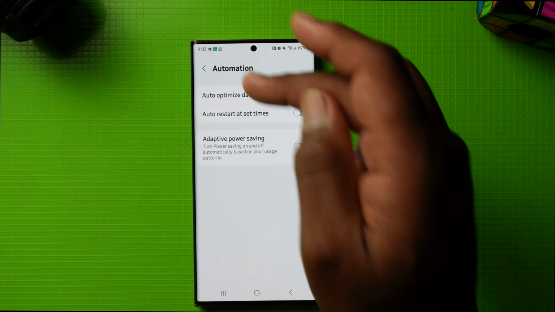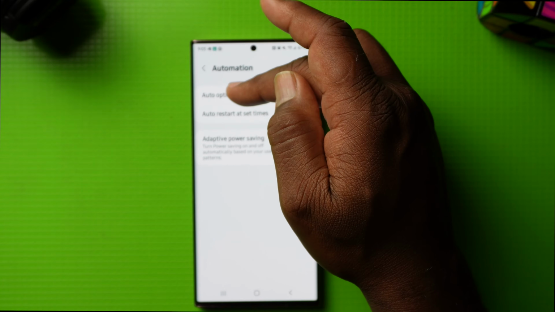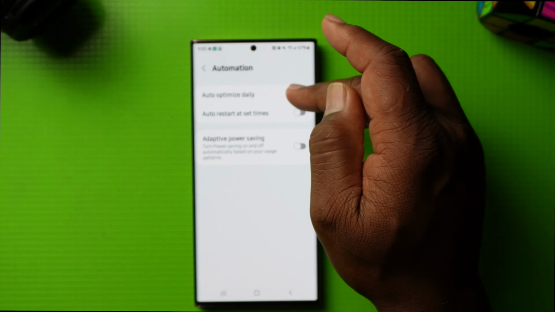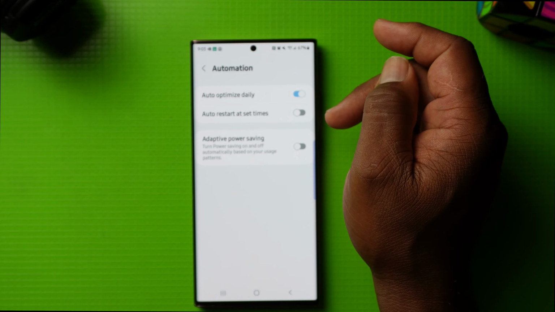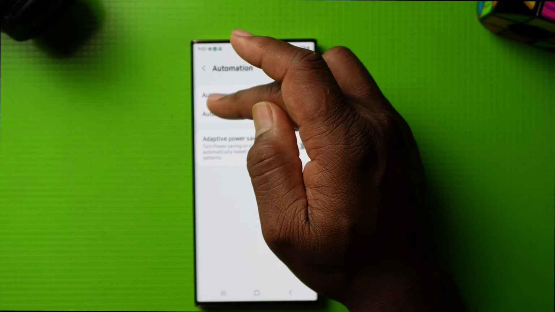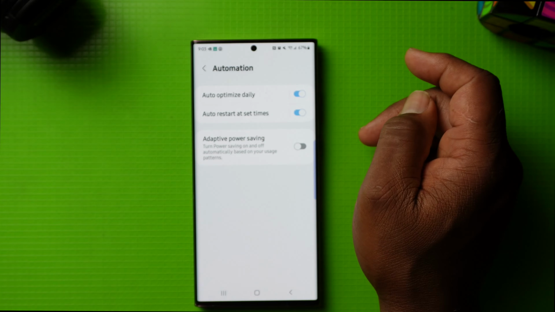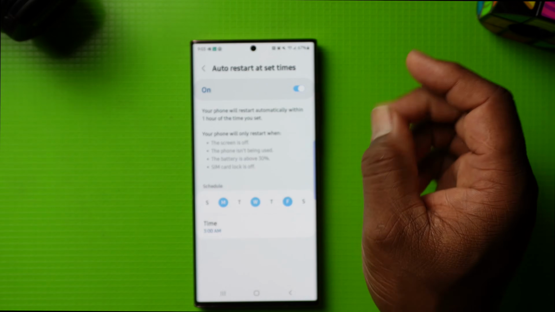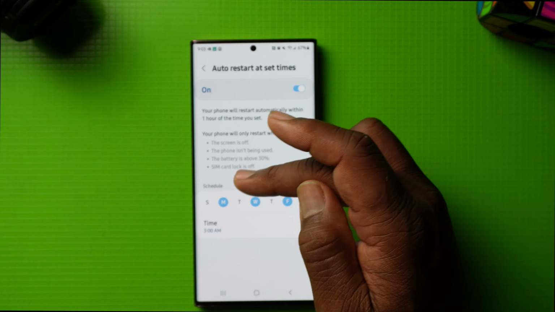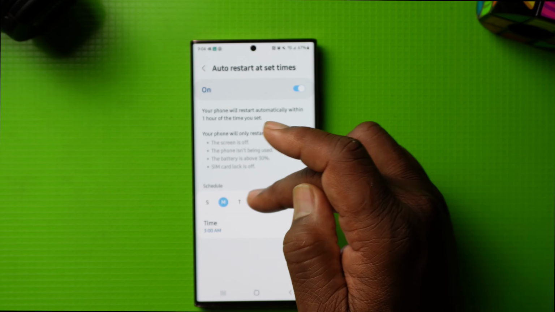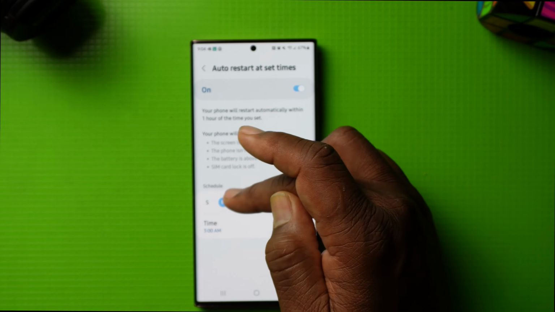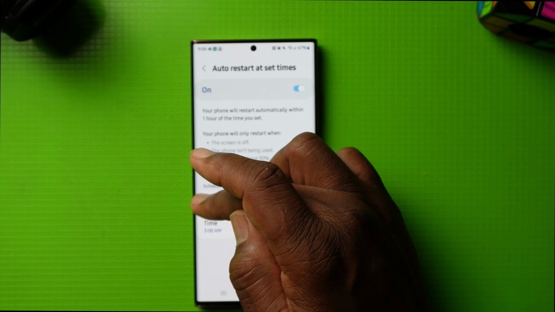Now you're going to want to tap on auto optimize daily and tap on it. You're going to also want to tap on auto restart at set times, and then you're going to set the time by tapping on it. Now you're going to want to choose which day you want it to automatically reset. Choose every day,